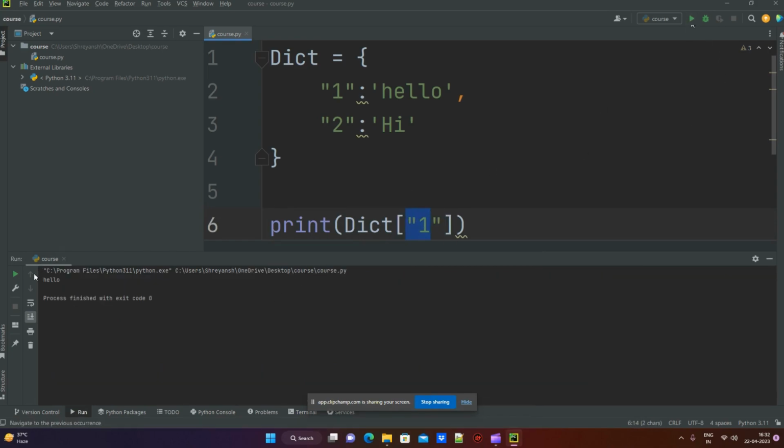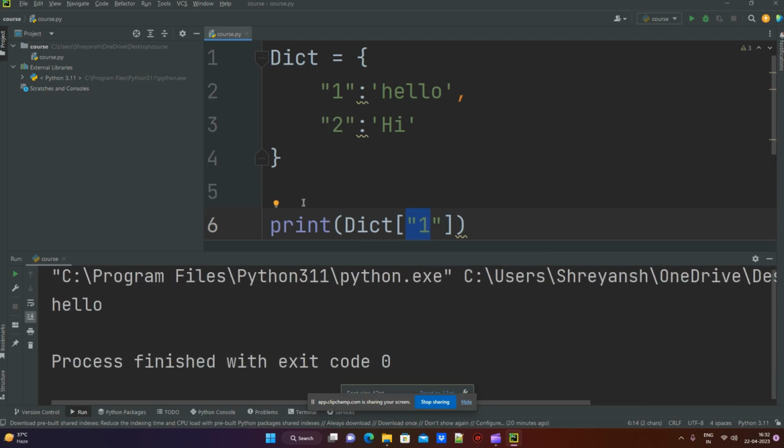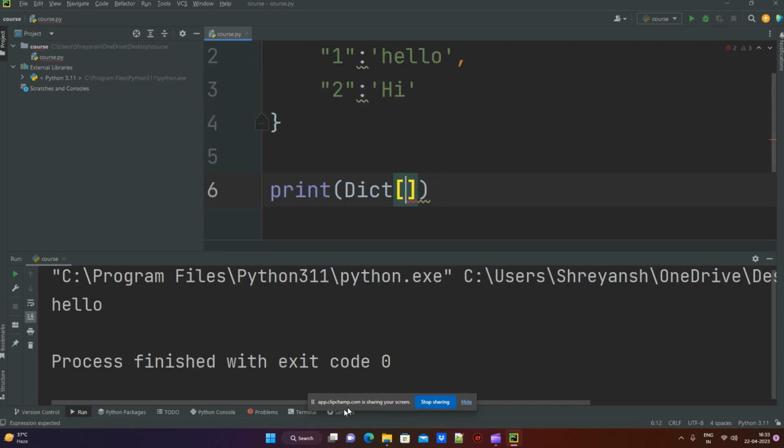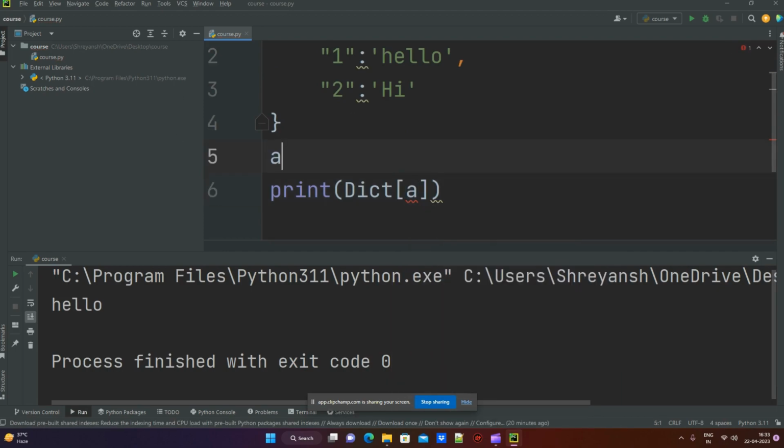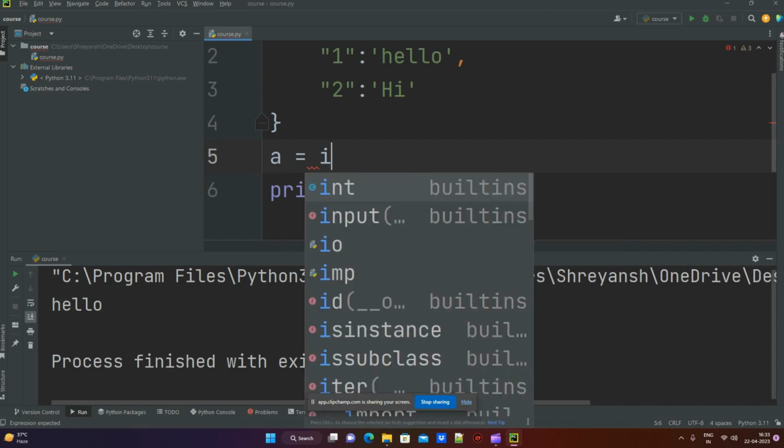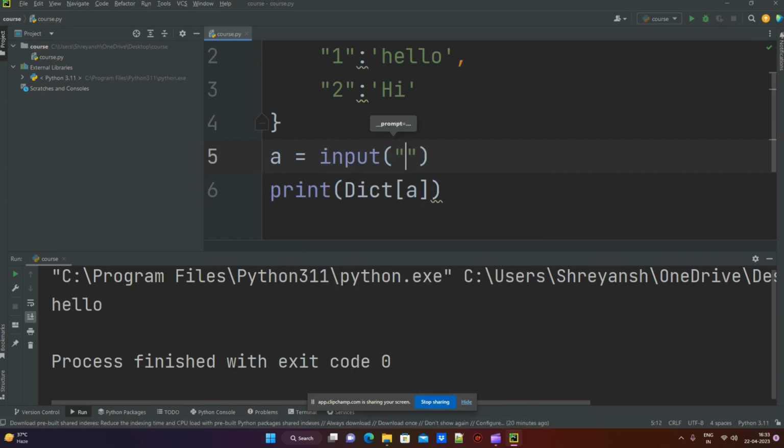So it will say hello. Why won't it print 1? Because the element stored in this one category is hello, so it will print hello. So if we say input, a is equal to input, enter